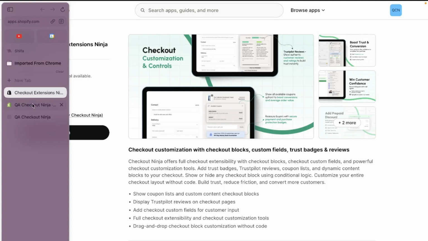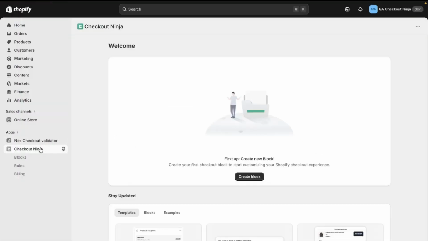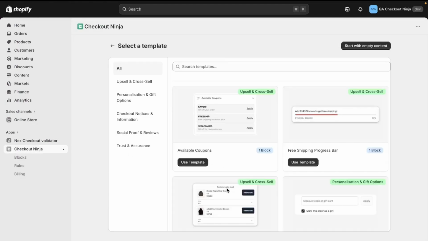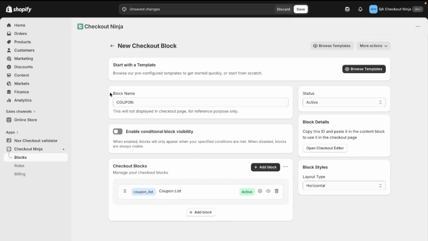So after your installation, go to the admin panel and click on the block section. There is a browse templates option. There are some templates we have created here. So what happens is we can just use this pre-filled data as the default template. Just on clicking use template, we can see everything has been filled up, the block name and all,